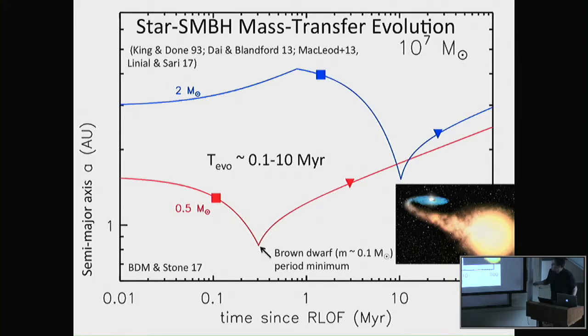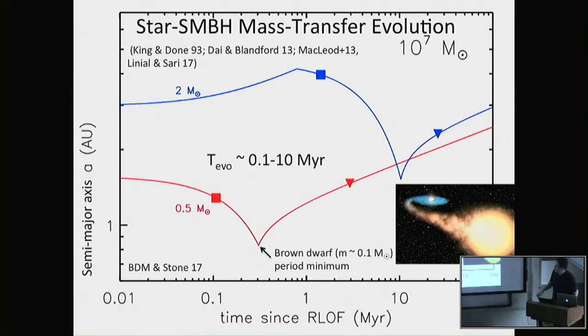So this star is basically now feeding gas slowly onto the supermassive black hole. So it's actually a system very similar to a CV system. Okay, so this is the semi-major axis of the star when it begins overflowing its Roche lobe as a function of time, since it overflows its Roche lobe. And so as the star is consumed, usually what happens is sometimes for more massive stars it will actually expand briefly and then the orbit will shrink.